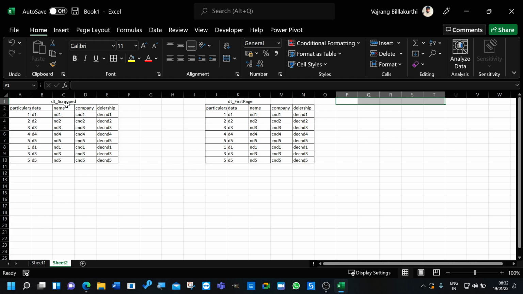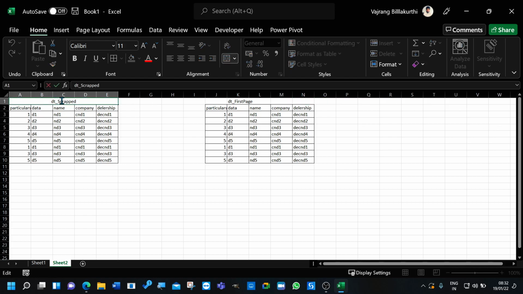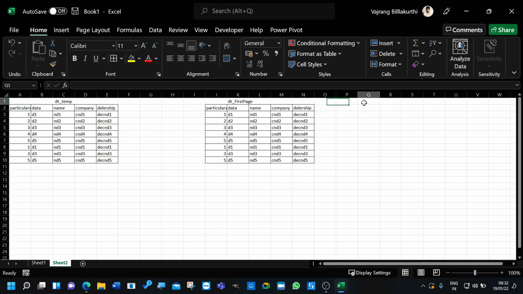So instead of that, why can't I keep, this is the scrape data, right? There should be a different table. So this DT scrape table can be a temp table. Okay. And this DT table can be a final scrape table. First we read it. So in the first run, we are not checking with the first page, or even if we check it, it will be empty